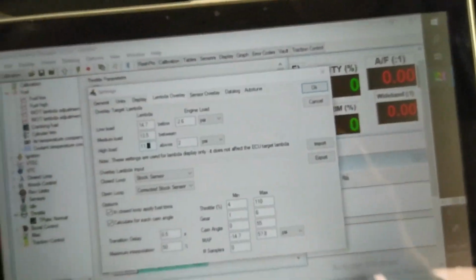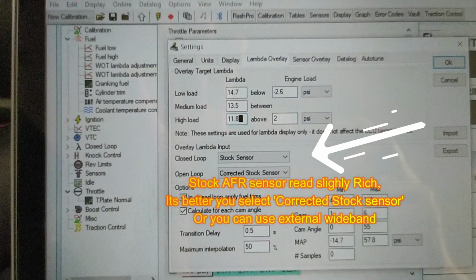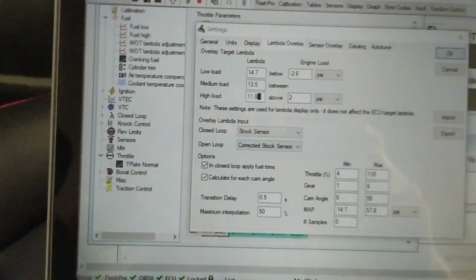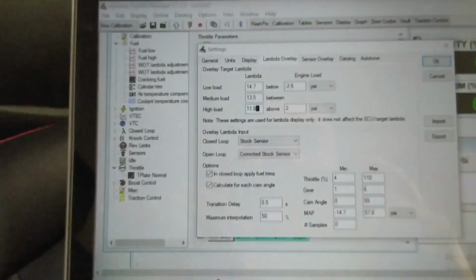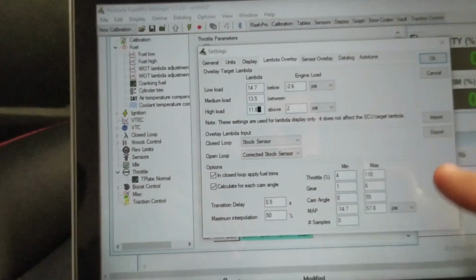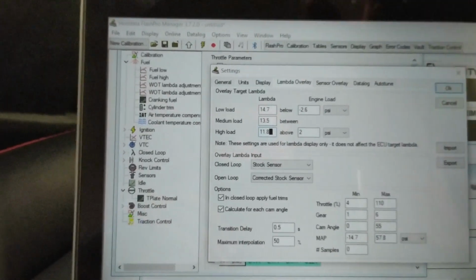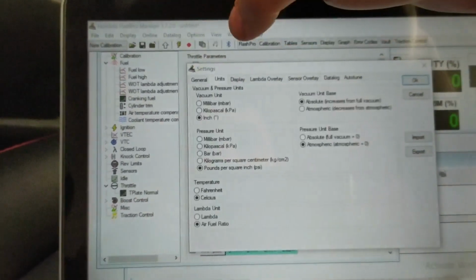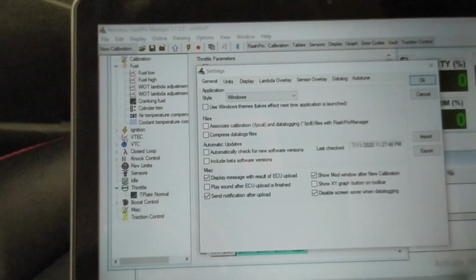Because I'm turbo, so 11.8 is more like safe for me instead of 12.5, which is fine for the NA cars. Okay, so you don't want to touch those settings. Then the display, nothing is here, the units nothing, and general.